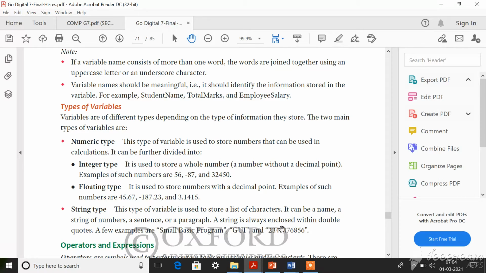Since they are mentioned within double quotation, this comes under string type. You understand, dear children? Even if you write numbers within double quotation, that comes under string type, not numeric type. Numeric type means you should not mention double quotation. So keep in mind, whatever data is mentioned within double quotation comes under string type variables.